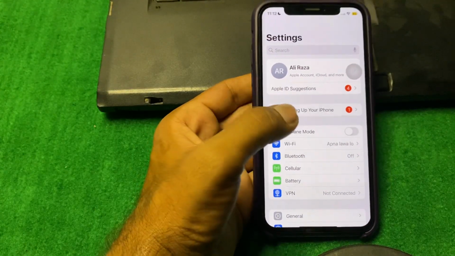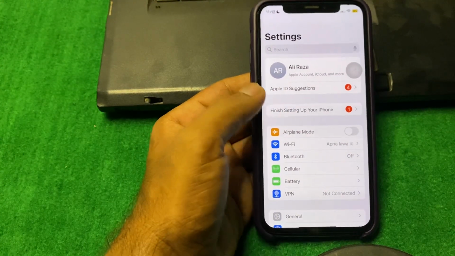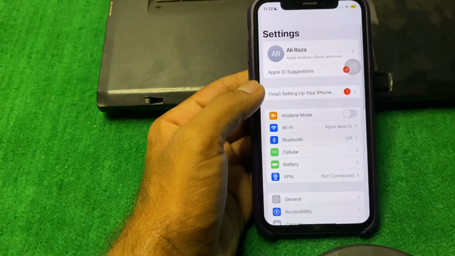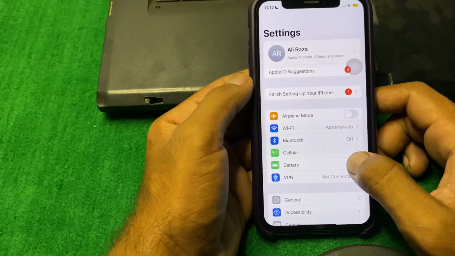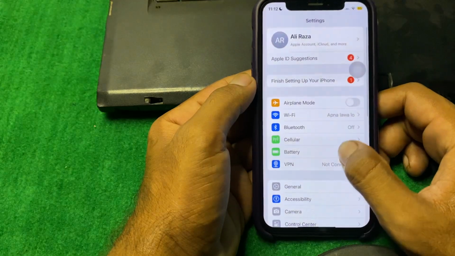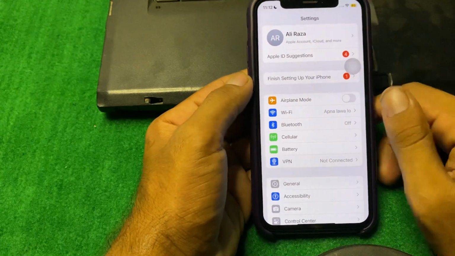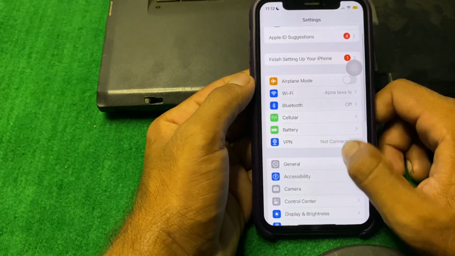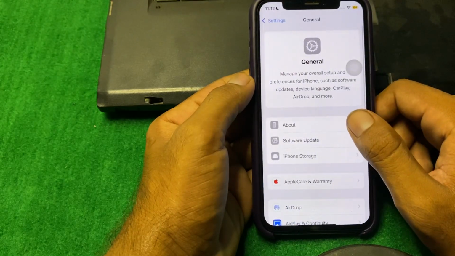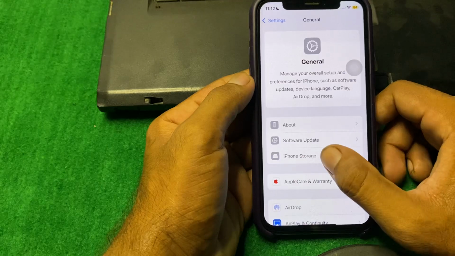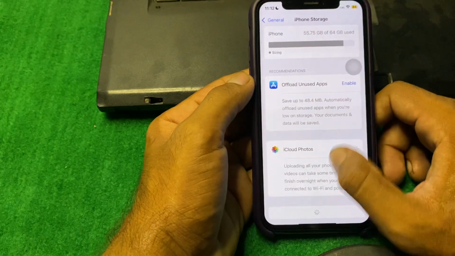From here guys, you have to make sure that your internet connection is working properly and that there is not any VPN connected. If there is a connected VPN, then simply disconnect it and after that check if the problem is fixed or not. If you still have this problem, then open General and from here guys, simply tap on iPhone Storage, scroll